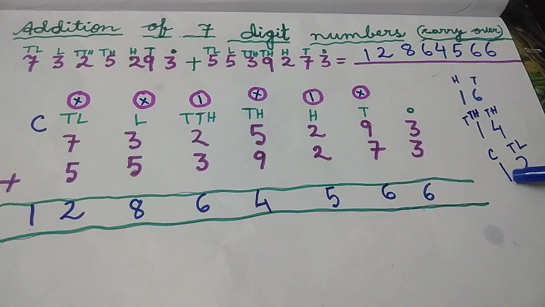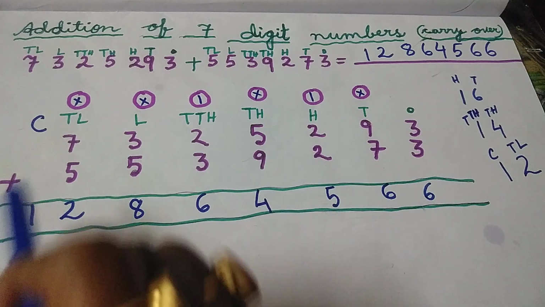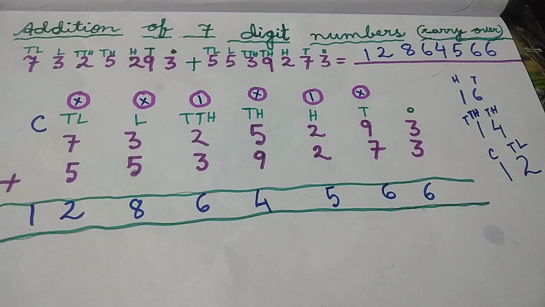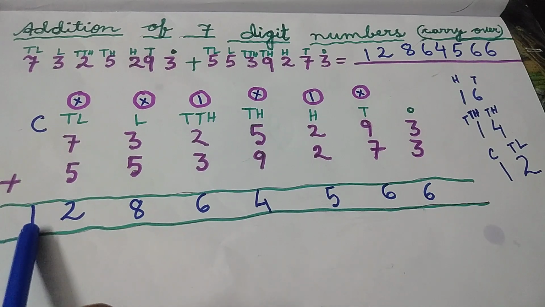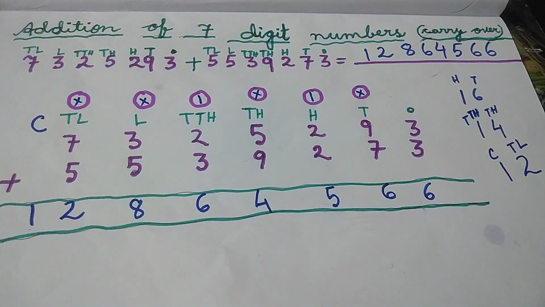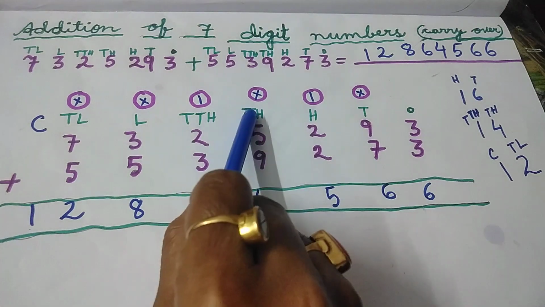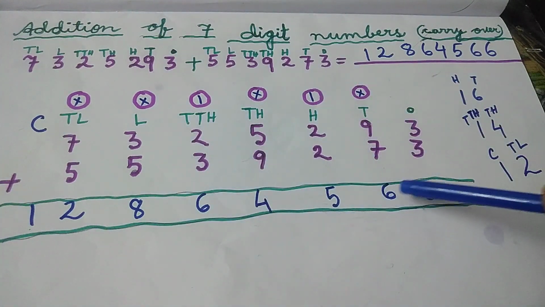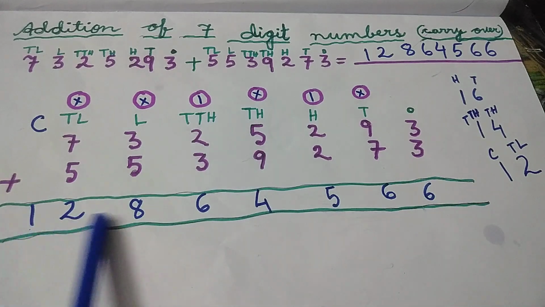And where to write 1? As there is no digit, write this 1 directly over here. 1 belongs to crores place or house. So what is the answer? The answer is 1 crore 28 lakhs 64,566. Write the answer